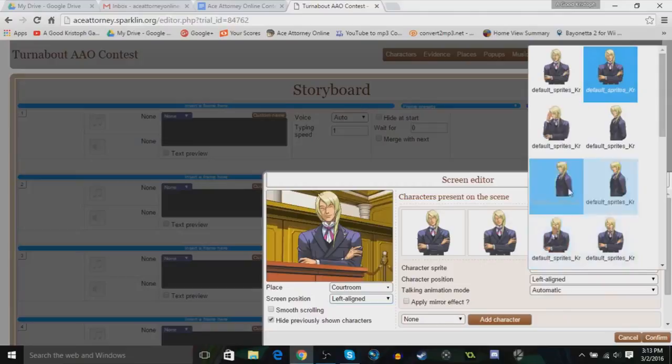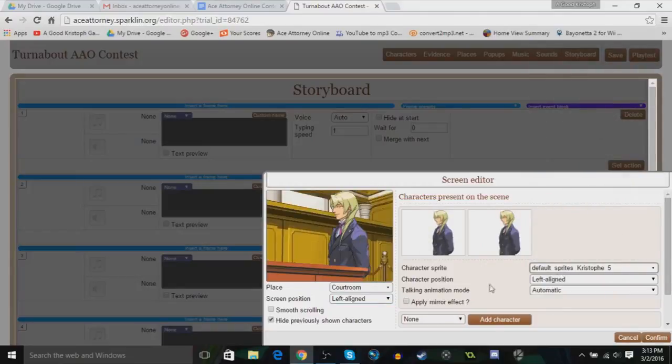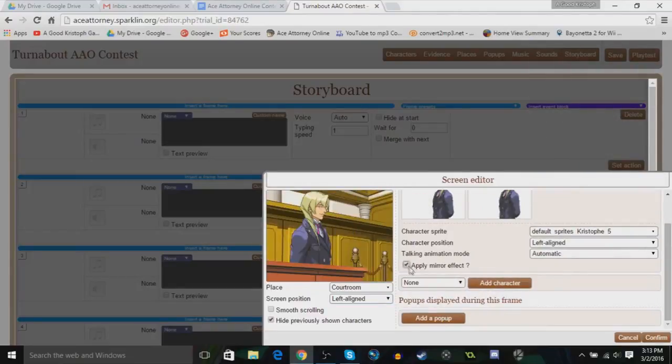Now we know that Kristoff, here's a little trick I have. If you apply a mirror effect, you can kind of make him look like he's the defense attorney. So if that idea makes you go like, oh, I want to use Maya as an attorney, because she can also do the mirror trick like this. Whoever is at the council bench, Trucy,